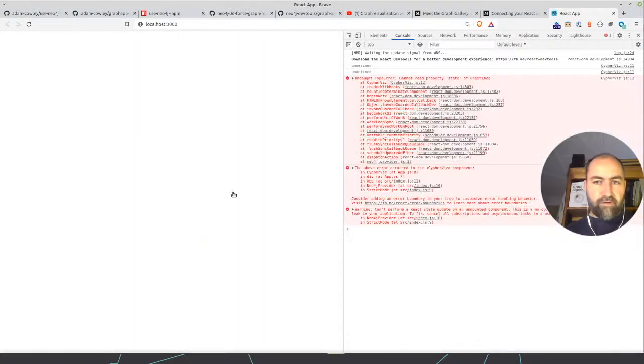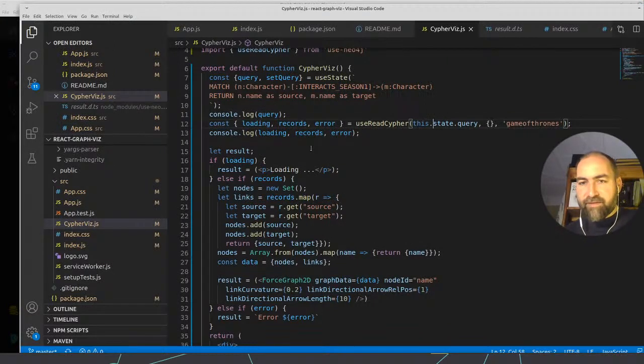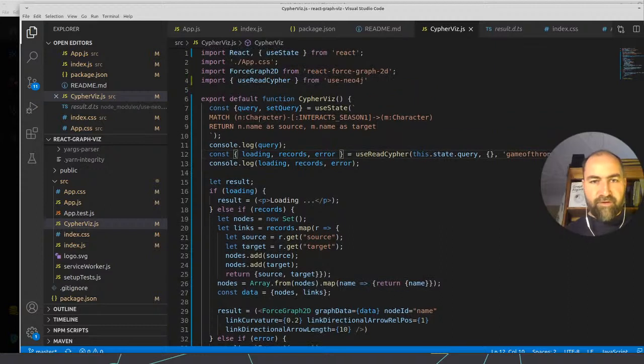I think this whole React hooks and state is something that I need to read up on. So anything that Adam says, let's see, use read cipher, square brackets on use state. Okay, thank you, I missed that. I thought it was just a regular thing, but it's some JavaScript magic, I guess.